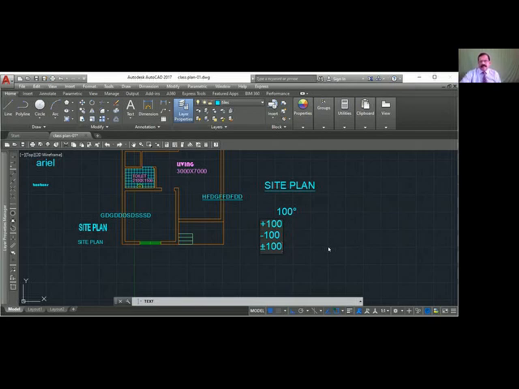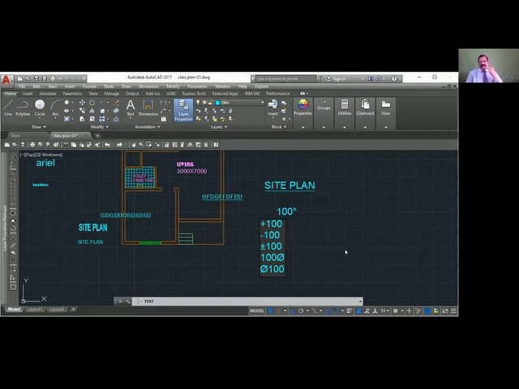Okay. And suppose you want 100 diameter. So 100 percentage C, circle C. You see the dia? So if you want to get the dia in the front, you will say percentage C 100.